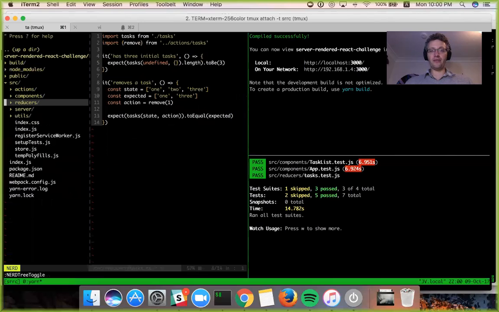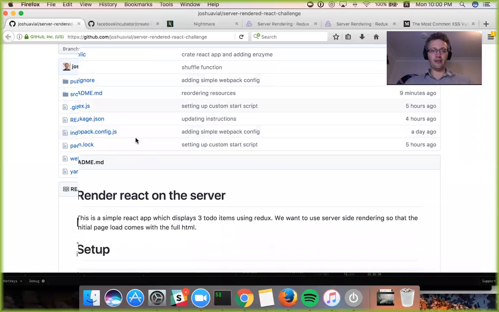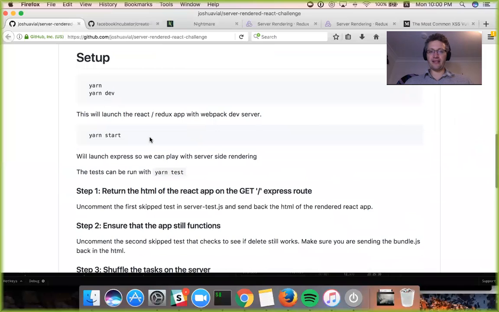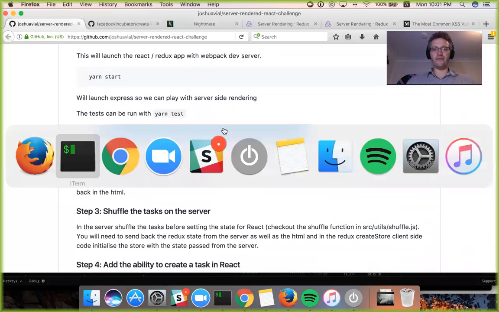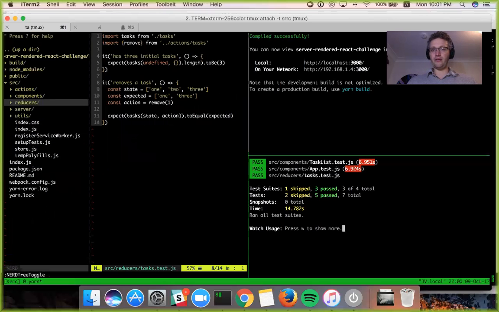And what we're going to try and do is take this app and render it server-side. So if we go and have a look at the README, it's got a bit of stuff about the setup. Now the first mission is we want to return the HTML of React. So when we go visit the server, so right now, if you go up here and do npm